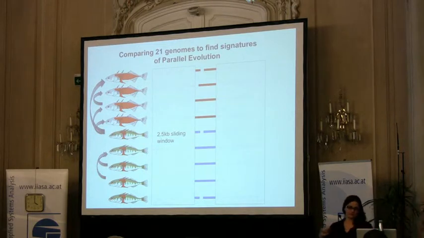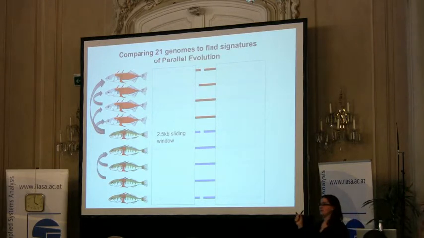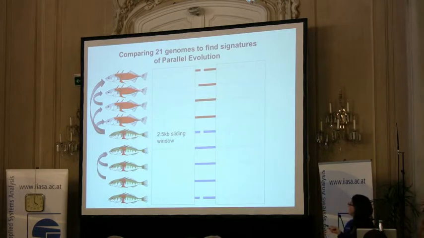I'm going to skip through quite a bit of the details, but some of the results I'll show you are based on analysis of sliding windows across the genome. The sliding window size I'll be using is a 2.5 kb window. After collecting 21 genomes' worth of data, the approach we chose to take was a distance matrix approach.